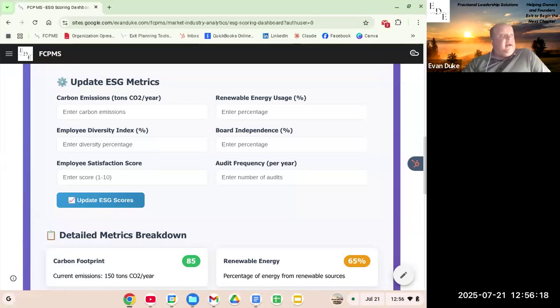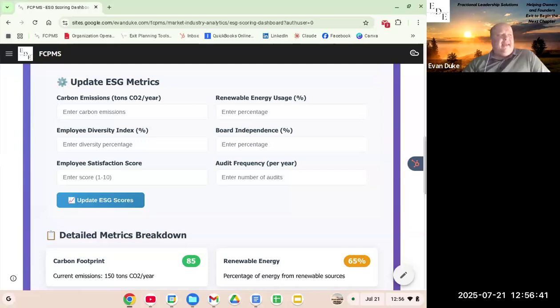My goal is just to make sure that our metrics don't get flagged by anyone that really matters, and that if things look decent, that's fine. If there are problems, like, let's say the board independence is coming back showing that there is really no